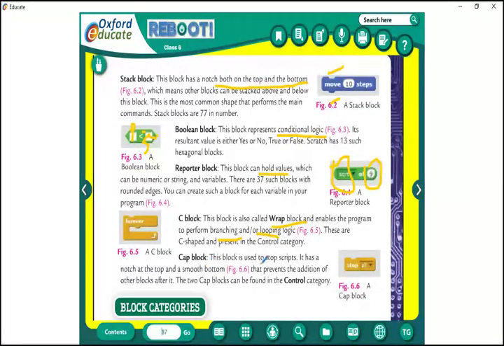Yes, it will stop. Underline: this block is used to stop the script. The cap of the bottle will stop the flowing of water. And the cap of the pen, when you put the cap on, means stop writing. Stopping, the cap block. So the cap block always comes at the end. It has only one notch, that is on the top. So how many notches are there? Only one notch. Where is it? On the top. Clear? So I will come back.